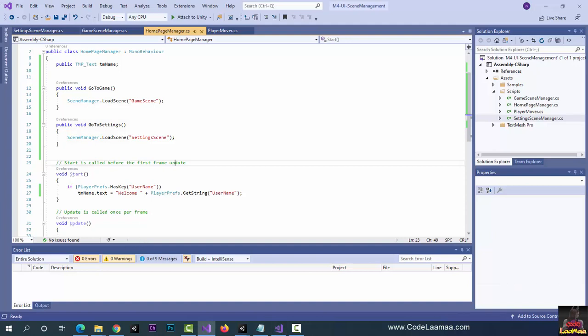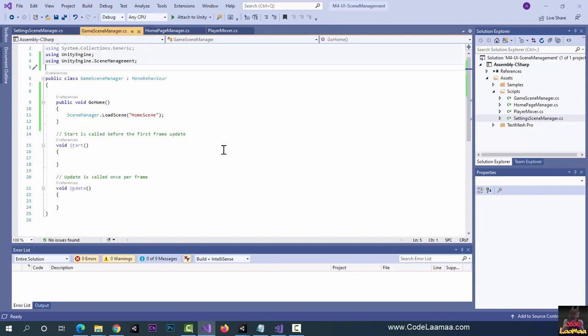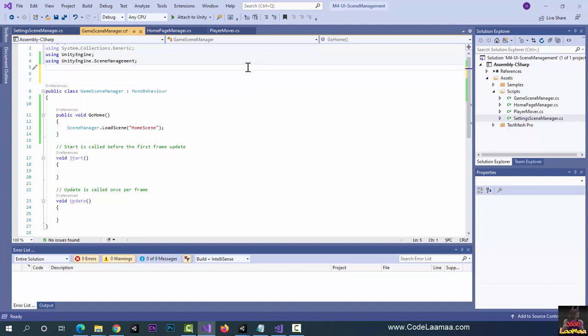All right. So now under Game Scene Manager, we're going to add some gameplay to our game scene. Instead of just having the cube move around, let's have some statistics going. So what we'll do is we'll say using TMPro, and let's create some variables to represent those labels. So we'll say